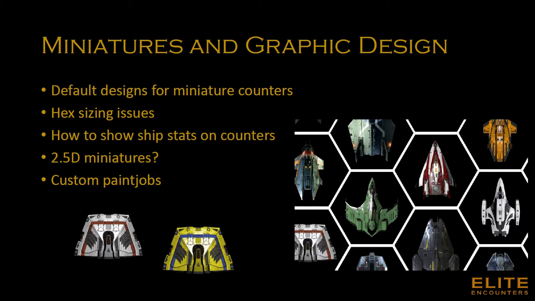So the plan is to create the default designs using just the images from the game, from the computer game, sorry, and see how they go. Now the images should be fairly high resolution anyway, because I'm grabbing them at 4K resolution in the game, so I have a variety of options for how to use the